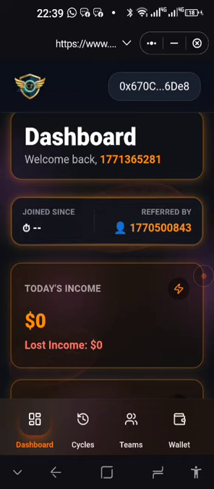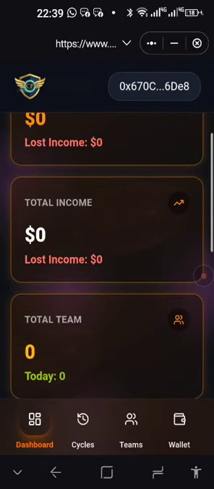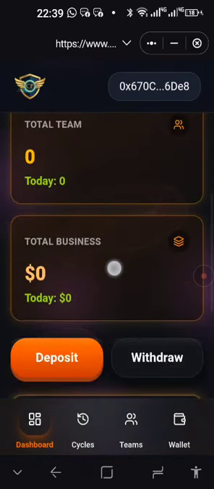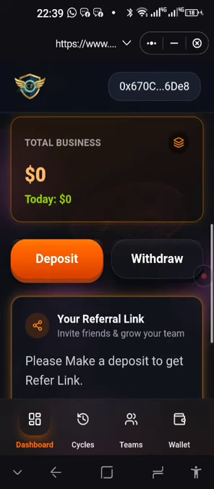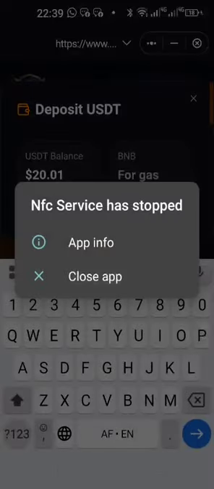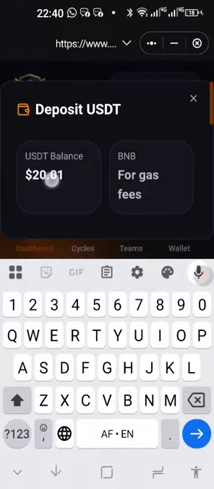Now, some members think that they are registered now, but they haven't deposited the money yet. So now you scroll up, your money, your USDT is already in the SafePal wallet. Now you scroll up until you get to deposit. See, your referral link is not active yet. You're going to press on deposit. There is your USDT, which corresponds with what is in your wallet.